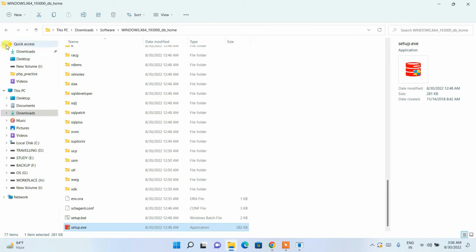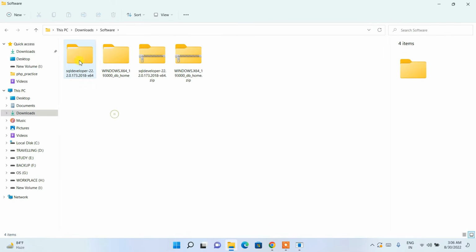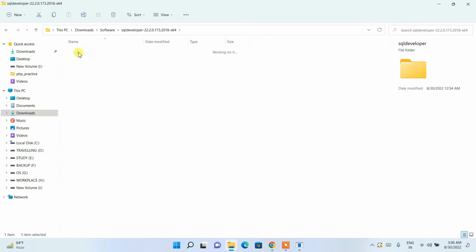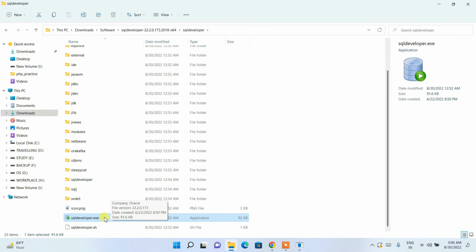Developer. So let's go back to our download directory. Here, remember, we have already extracted this SQL Developer. So just simply go inside that folder. This is our folder, and here if you scroll down, you will get this SQL Developer over here, right? So just simply double click on that SQL Developer,